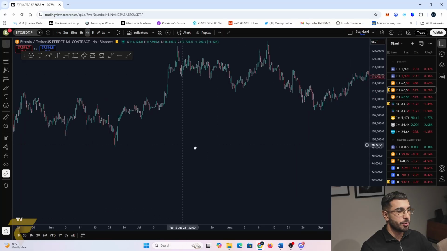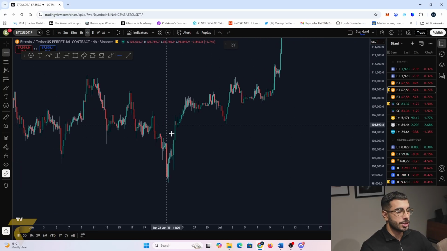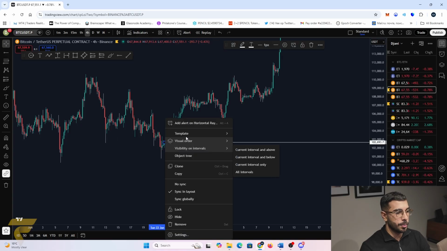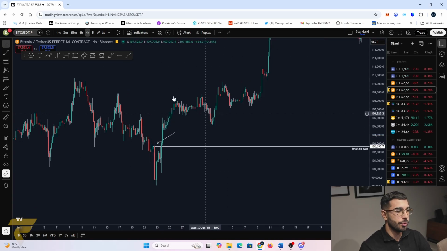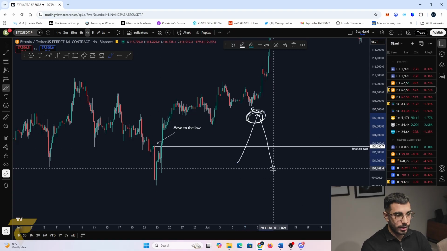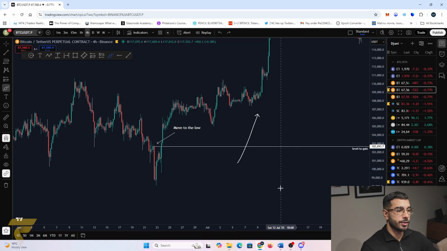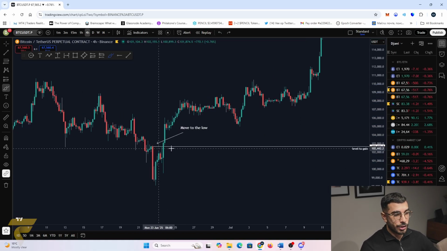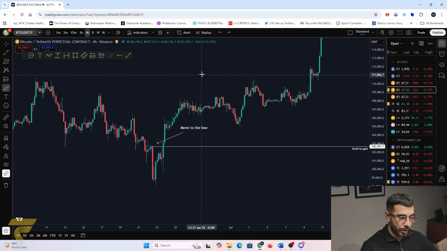And this is actually a beautiful example where also a failure to lose comes into play. But this is just something nice. So we are going a bit faster than usual. This level is what we consider to be a move to the low. Normally, you want price first to get above, then come back for the pullback, and that's where you should actually take the trade. However, this, as you can see, we didn't gain prior to getting above the level.